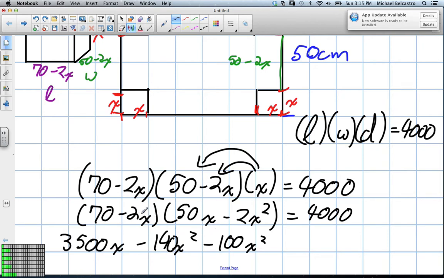Good. Good eye. What did we just do there? Negative 2 times 50x. Yep, that's right, negative 100x squared. And negative 2x times negative 2x squared is positive 4x cubed, right? is equal to